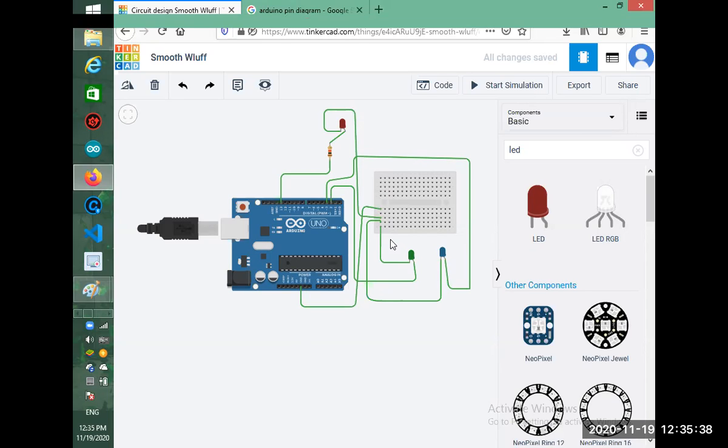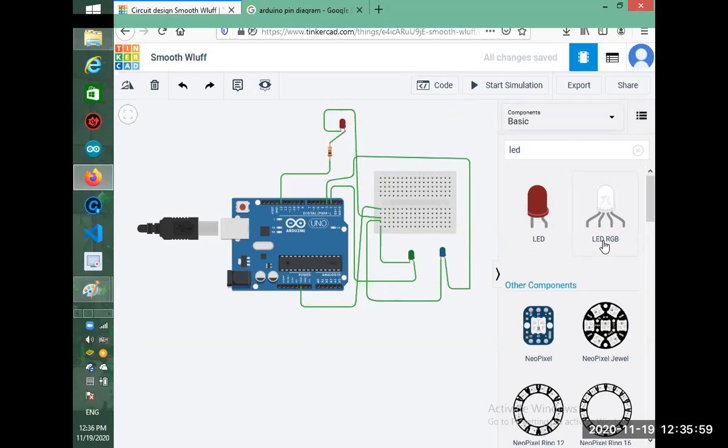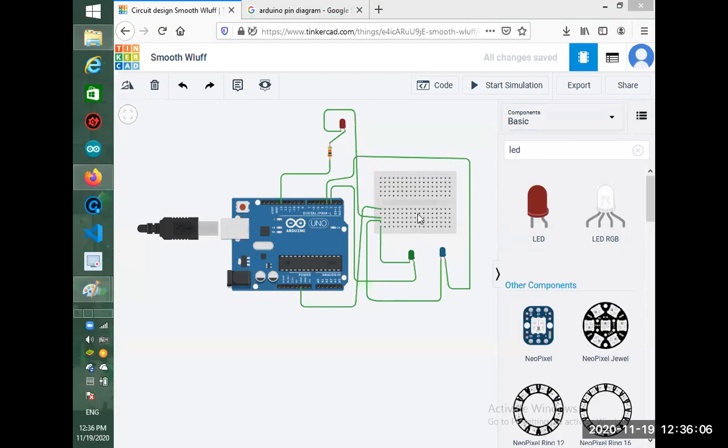First we will glow red, then we will glow green, and then we will glow blue. Let me see the pin numbers. We have 2 and 3. So let's program it. Ground means negative terminal. We need to connect the negative terminal. We always have 2 wires. So we can start.